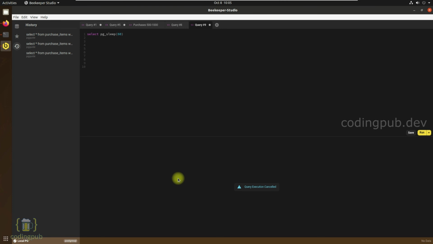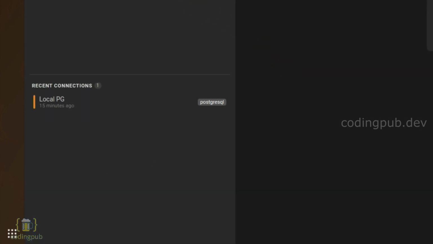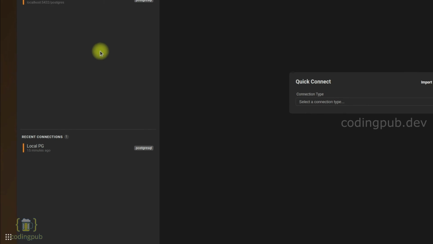Now we have seen how to manage our databases, how to view the tables and the data in them, how to edit them, how we can run custom queries and save them, and how to download the data. And once we are done with the database connection, and if you want to disconnect from this database connection, just click on the connection name in the bottom left corner and you will be able to see the disconnect option. Once you select disconnect, the connection with the database server will be closed.